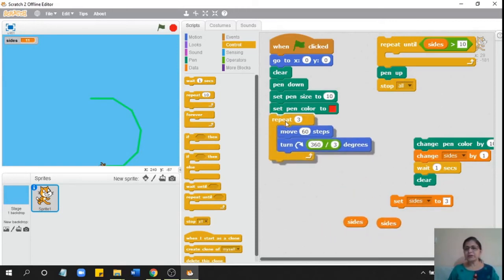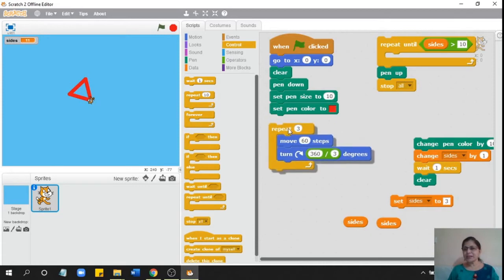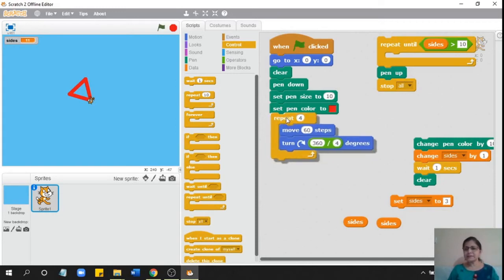Okay. So if I were to run this command, it will only draw a triangle and the pen size is 10. So it's drawing thicker lines here. Okay. So this is how I will get a triangle. If I want a square, I will change this to 4 sided like this, both the places, and I was getting this. Now the question was, what if I want to draw all the types of polygons with the same command.